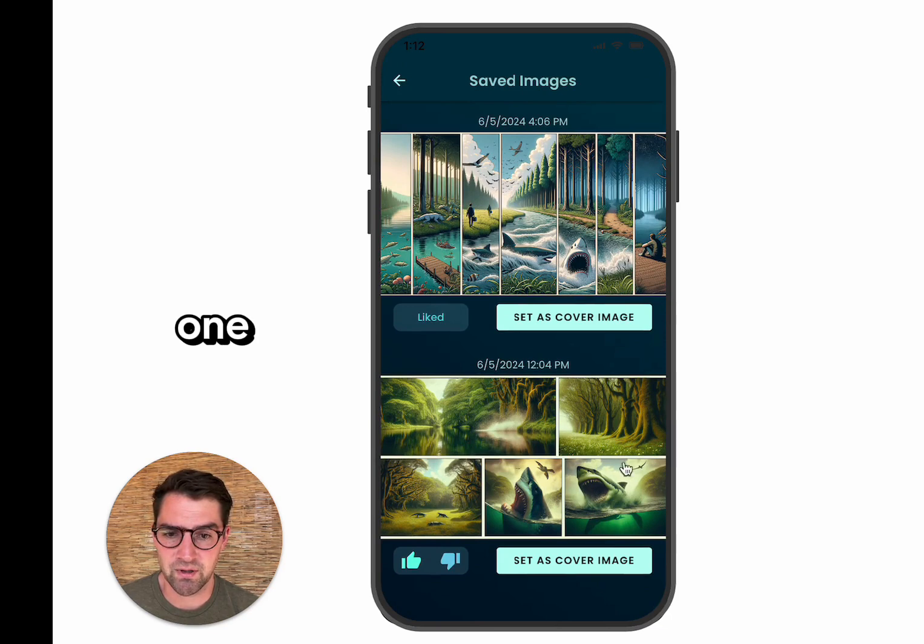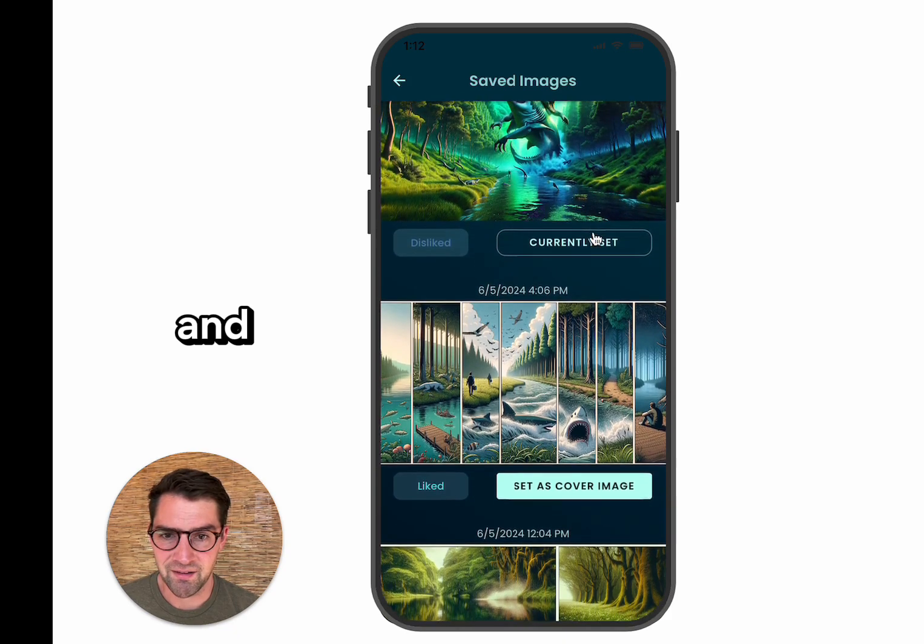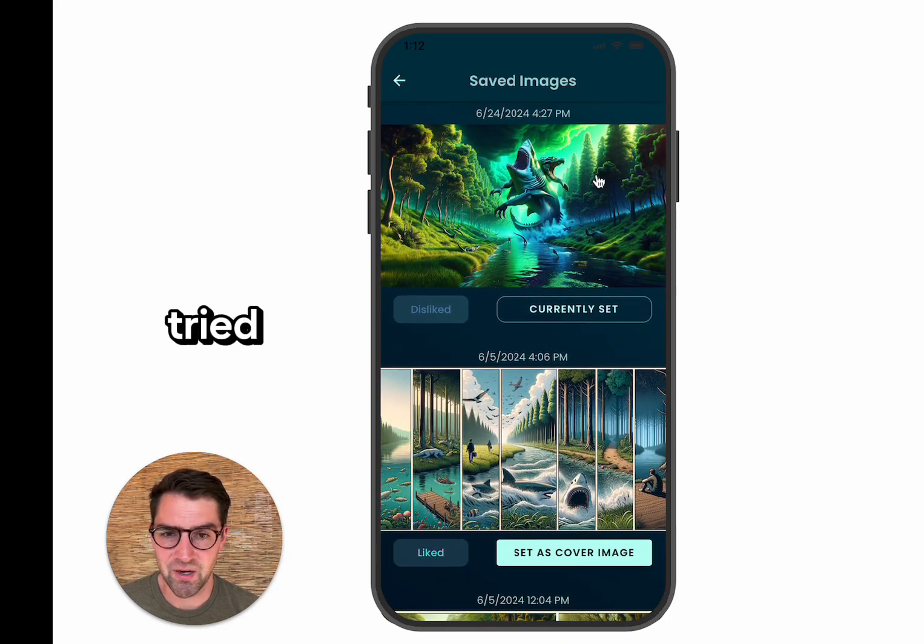So this is one that was a comic strip version that I made, and didn't quite show the shark battling with the alligators, so I generated another one. And finally I tried with the whole summary of the dream, the whole dream image. And this is what it came up with.